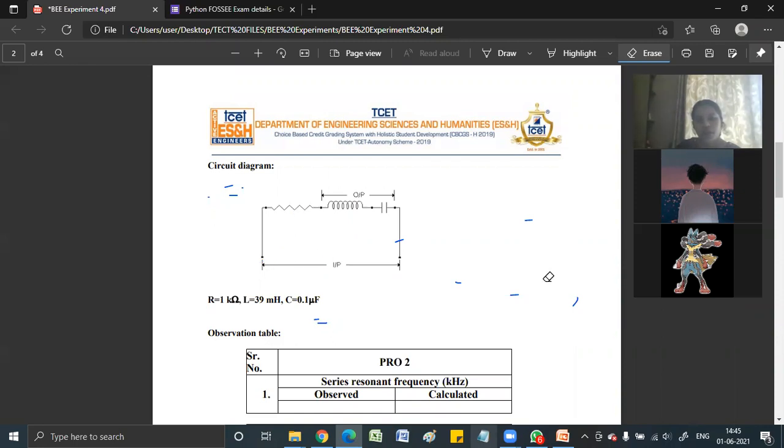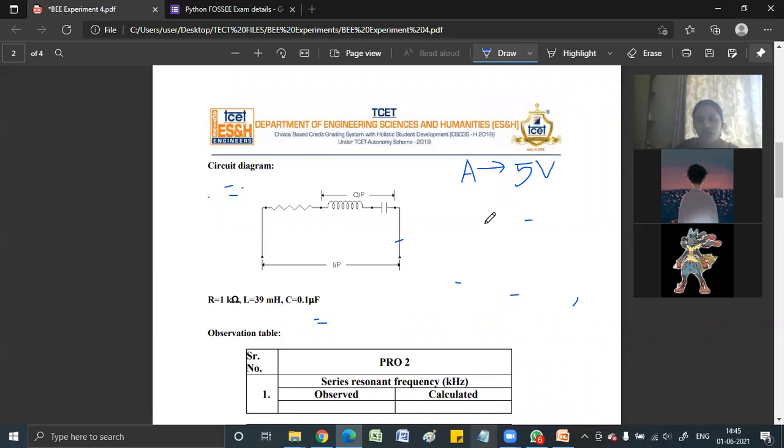So what we are going to do is connect the function generator at the input. As you said, there are two components of the input: one is the amplitude, another is the frequency. We are going to keep the amplitude of the waveform fixed. Amplitude is nothing but the height of the waveform. So that height we are going to keep fixed. Say I keep it at 5 volts. When I write 5 volts over here, that means 5 volts peak to peak.